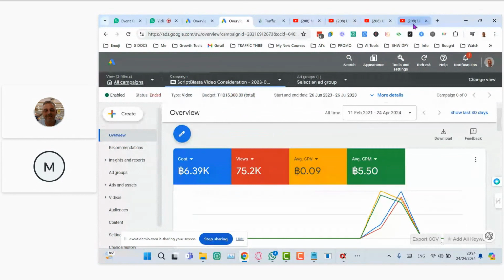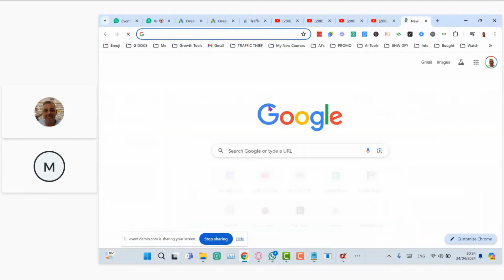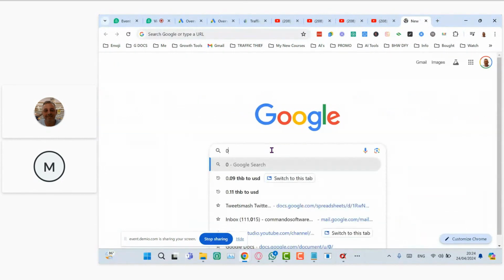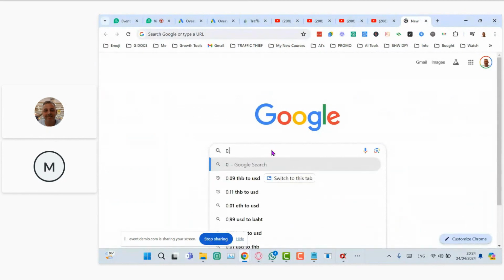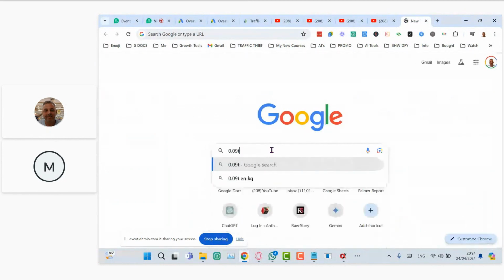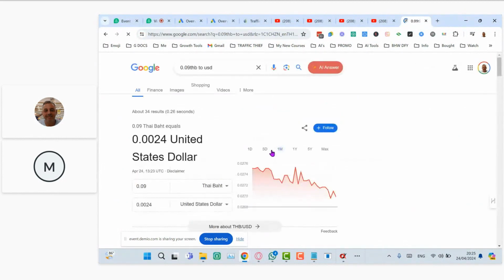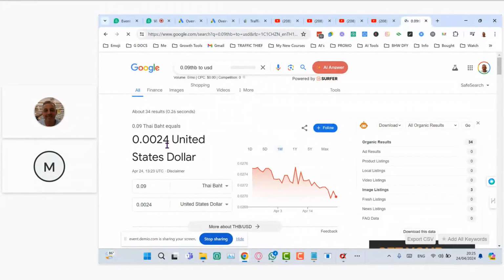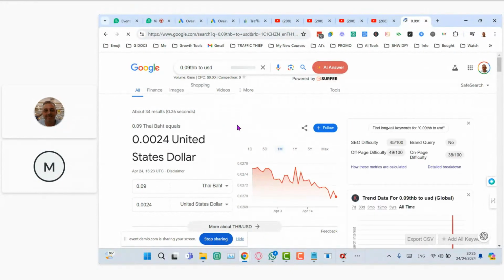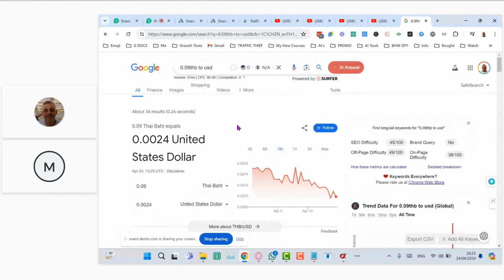0.009 Thai baht. So if I come over here and go into Google, 0.09 THB to USD. Yeah, quarter of a cent per view. Okay, so if you want to build up your audiences quickly, then you can remarket to